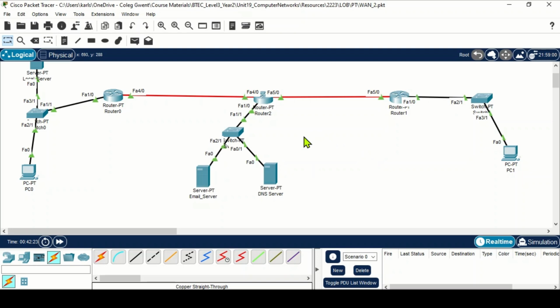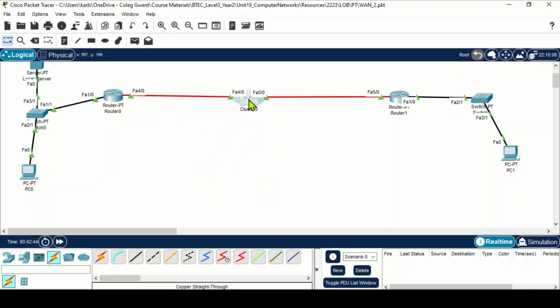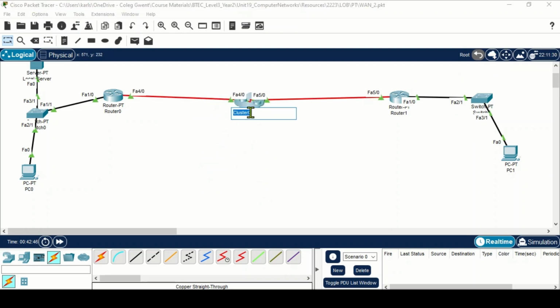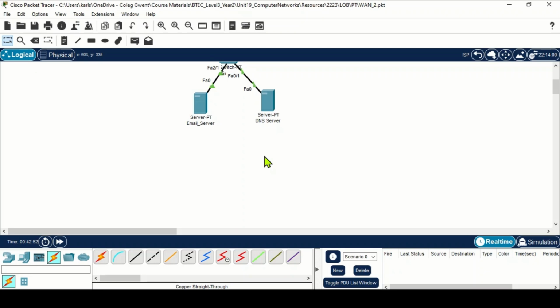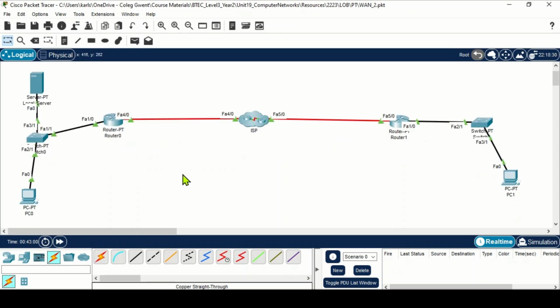Right, so just while I'm here, something a little fancy. What we can do is select these devices here, which are our ISP. And if you select these, up here in the right hand corner, you can create new cluster. Right, there we go. And you've got a little cloud icon. Very fun. And if you click on the cloud here, it takes you into your ISP cloud. So the cloud is essentially just a logical concept. Anyway,